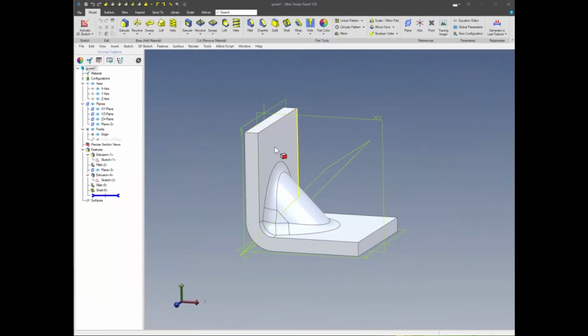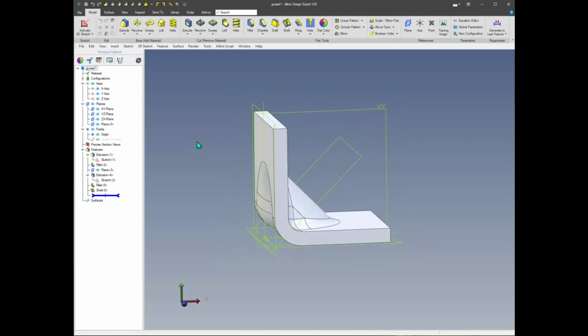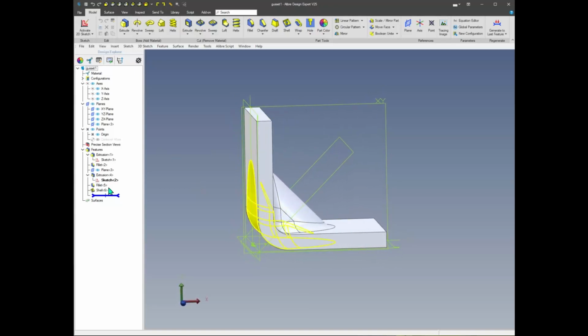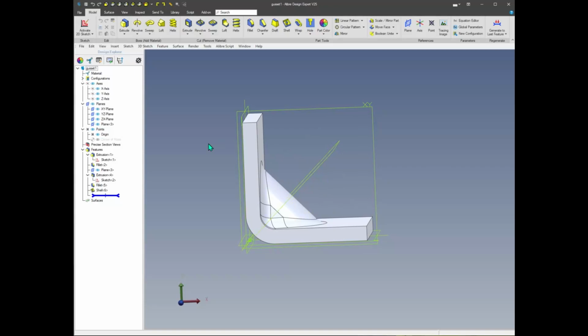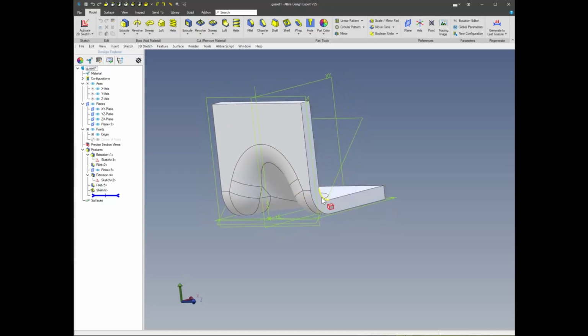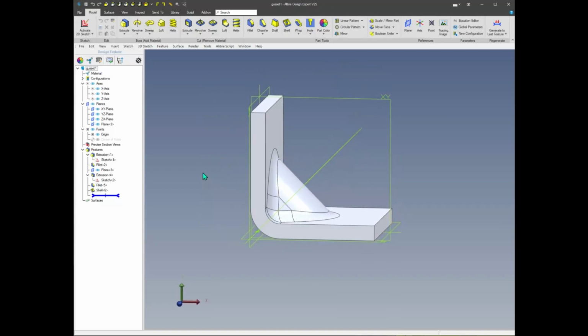Okay, so now here we are. We have our gusset tool back open again, and we're going to go back through this and add some parameters in here that we can use to define different bend angles and different material thicknesses, and even modify the size and shape of our gusset form in here. So if we open up our equation editor,